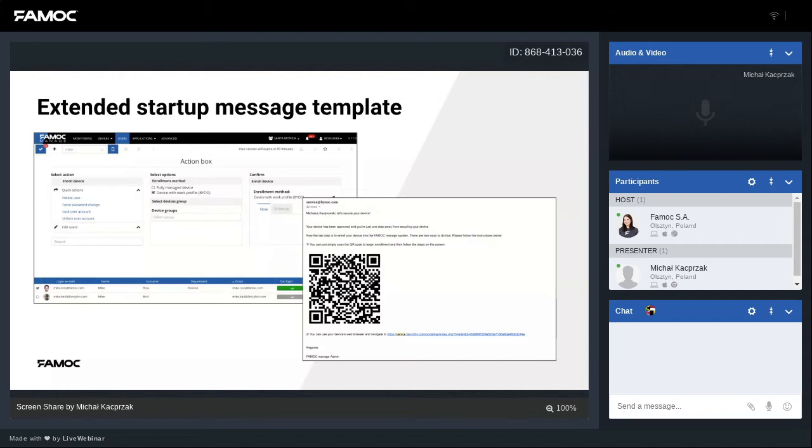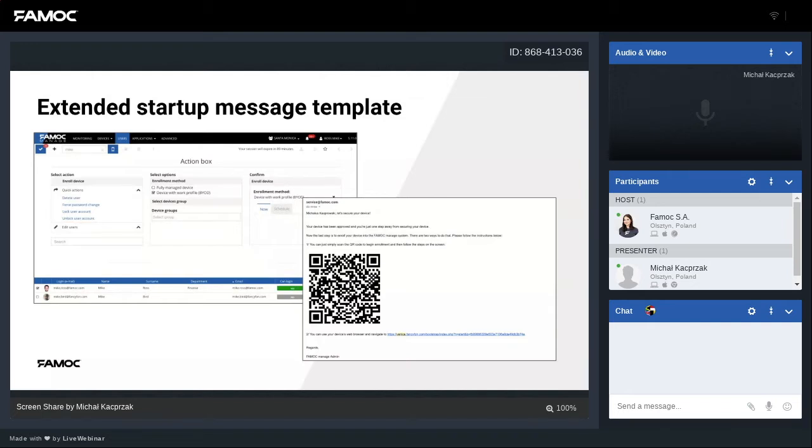Until now there was a step-by-step guide on how to add a device, and there was also a startup page address. Now this email is extended with a QR code. This QR code allows employees to add their devices in BYOD mode, as well as device administrator, this legacy